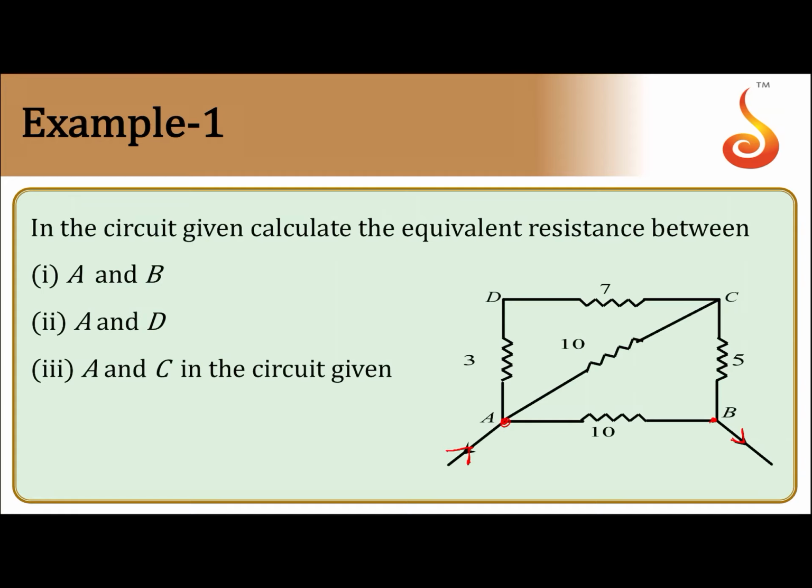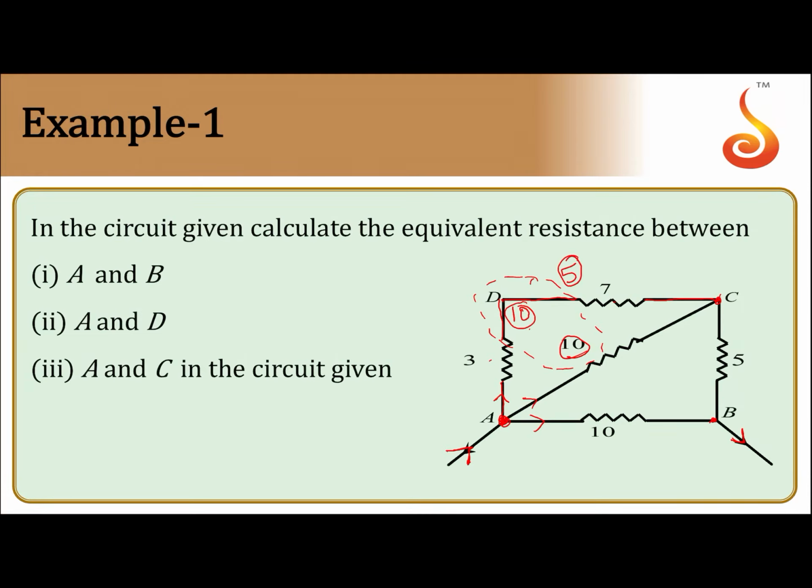So, now in this case, when the current enters here, it splits into 3 parts. So, all the 3 must be in parallel. Now, one current that goes through this 3 ohm, the same current flows through 7 ohm. So, 3 and 7 are in series. So, effective is 10. Now, if you consider between A and C, this 10 ohm and this 10 ohm both are connected between same A and C. So, these two must be in parallel. 10 and 10 are in parallel, effective must be 5.